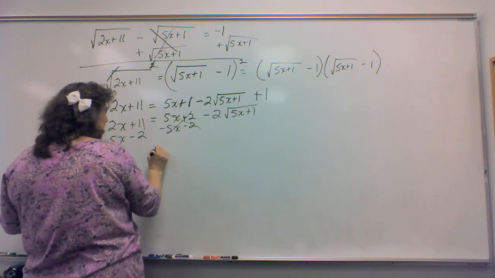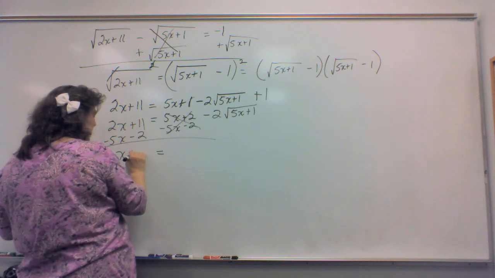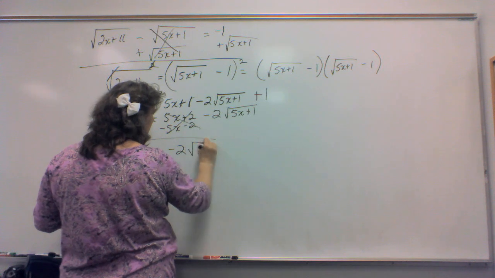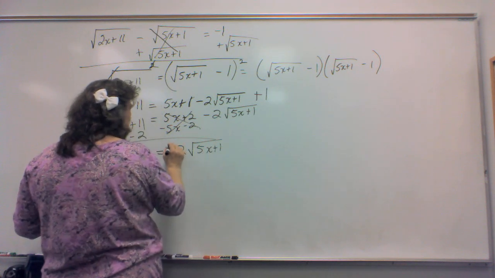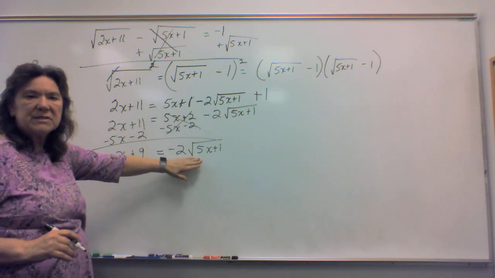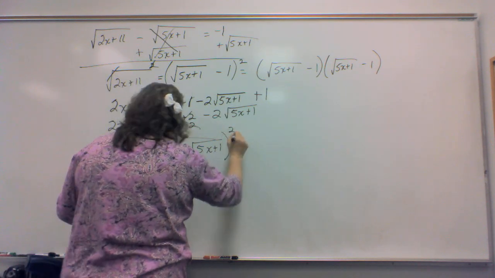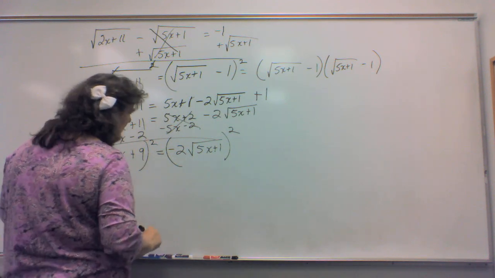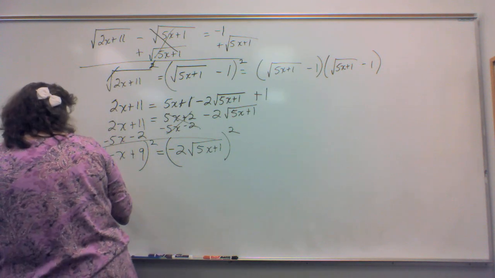Okay, and now this is going to give us -x plus 9 is equal to -2 times the square root of 5x plus 1. Now, we want to get rid of that square root. So, we're going to put it in parentheses and square it. And we're going to square this one as well. Remember, you have to do it to both sides. So this will be an x squared